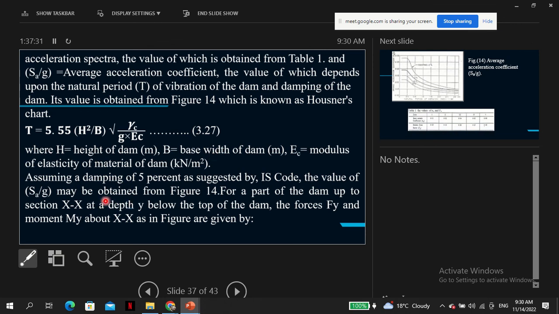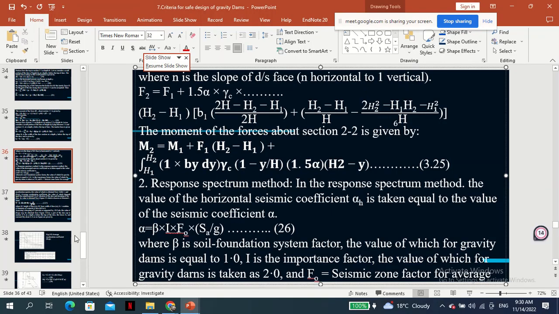So assuming damping of 5% as suggested by the Indian standard, this should also be in the code as well. In the Indian standard, the value of Sa over g may be obtained from figure 14 for the part of the dam up to section XX at a depth y below the top, and the forces Fy and My about the dam are as given by. So this demonstrates how to use